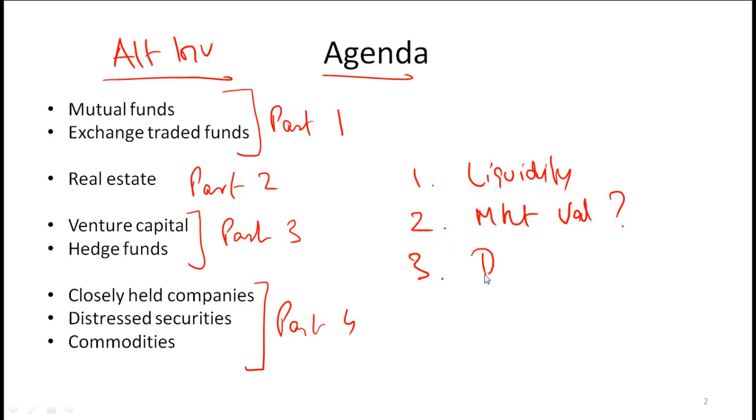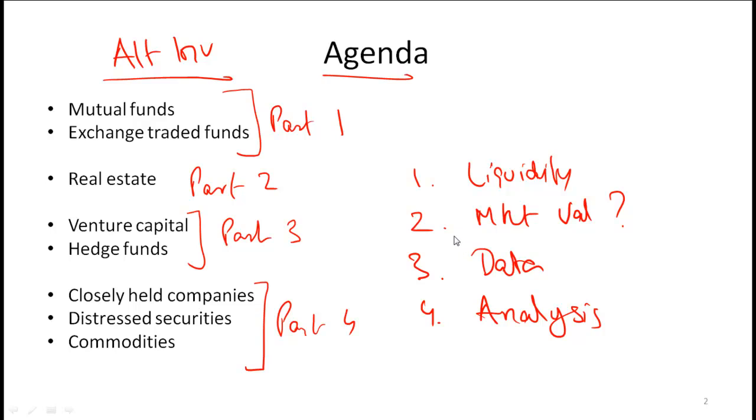Next, there is a big issue with getting historical data. Just as a contrast, there is a tremendous amount of historical data available for publicly traded stocks. But for example, how much data is there on, again, real estate? So availability of historical data is an issue, and obviously given all these factors, the amount of analysis required is pretty intense. So these are some general characteristics.